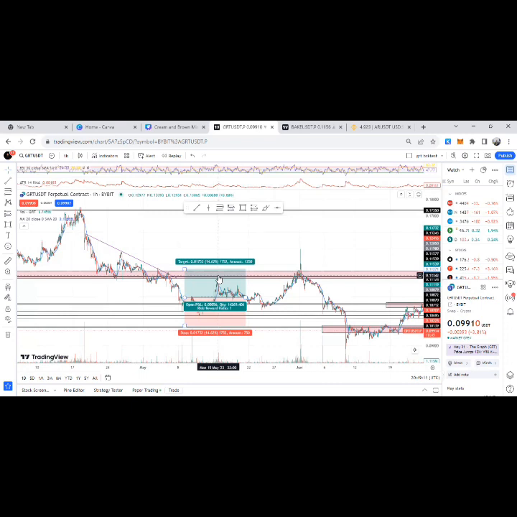So that is how to use risk management specifically for trading futures, because futures is very fast paced. So you need to be able to make those decisions quickly and do not let greed